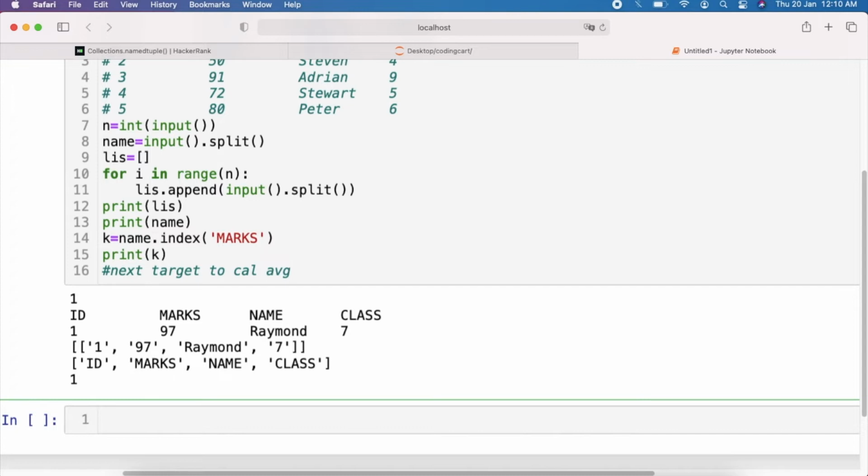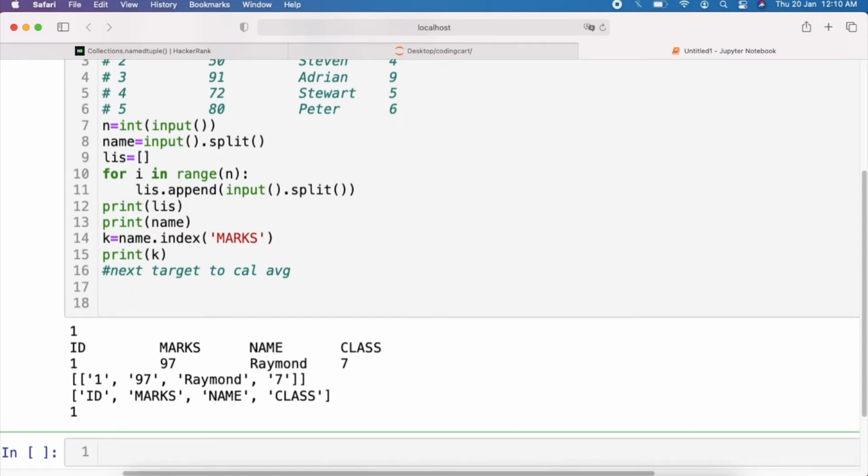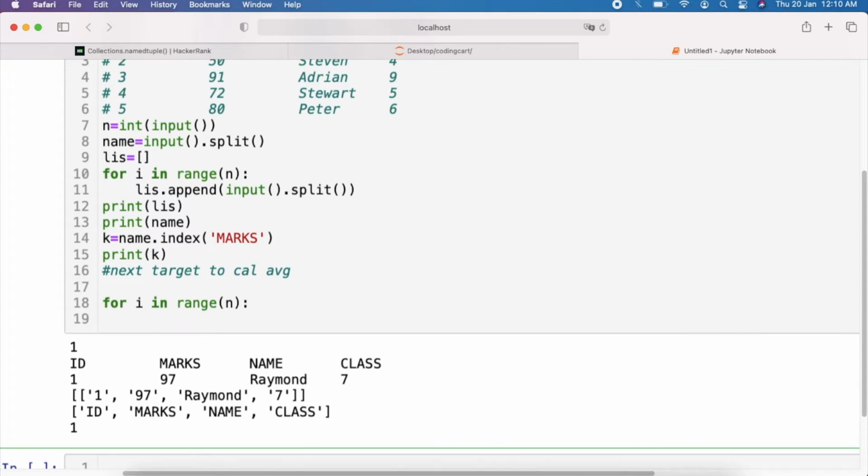So for that we'll simply use a for loop, for i in range n, and what we have to do here is go through the list lis. This is our list, correct? In this list we have to go one by one, lis of i. So lis of i will pick this one,